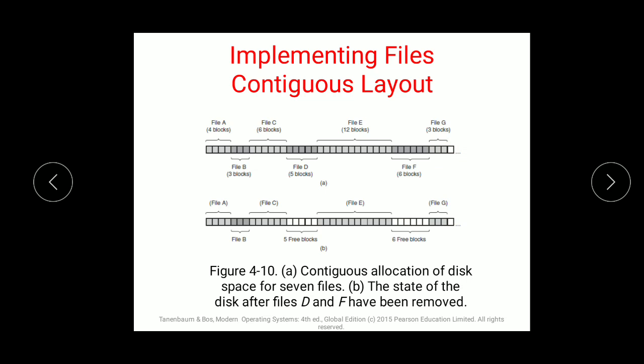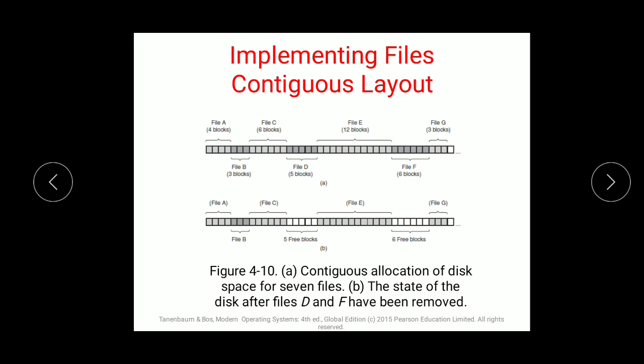Then blocks are numbered 0, 1, 2, 3 and so on. File B starts at block 6, so it will have the block numbers from 6 onwards, and the next blocks will follow the numbering.